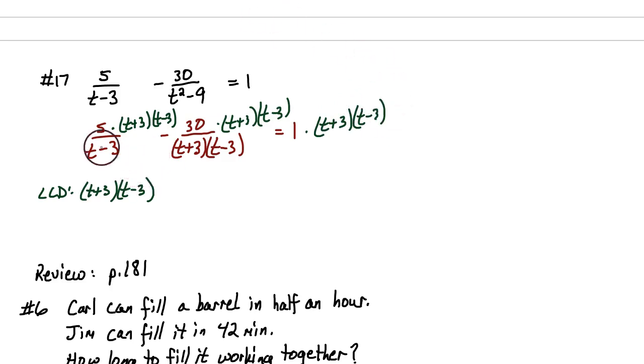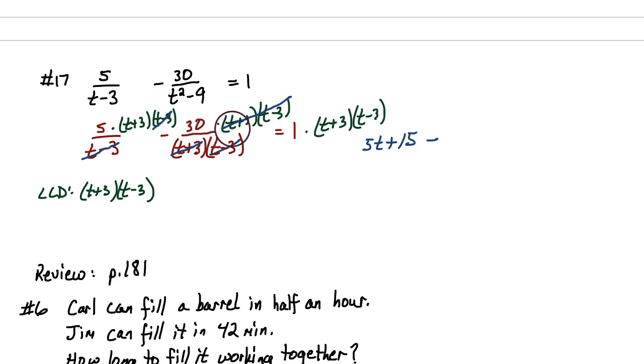And then cancel away what we can. T minus 3 cancels t minus 3. T plus 3 and t minus 3 cancel those. And over here there was no denominator, so nothing cancels. Our new equation will have 5 times t plus 3, which is 5t plus 15,